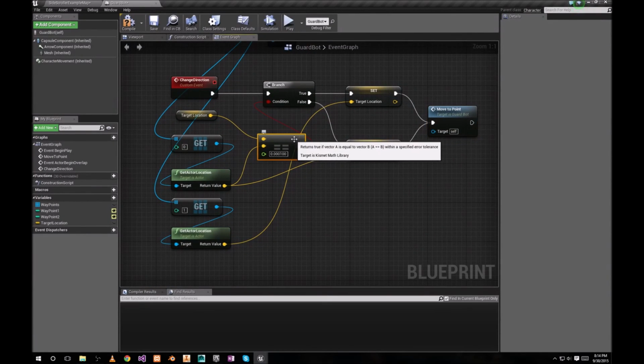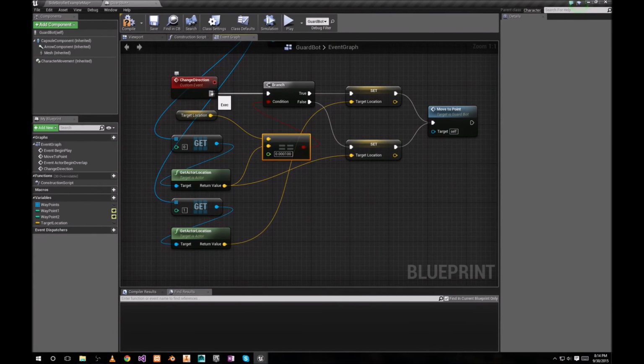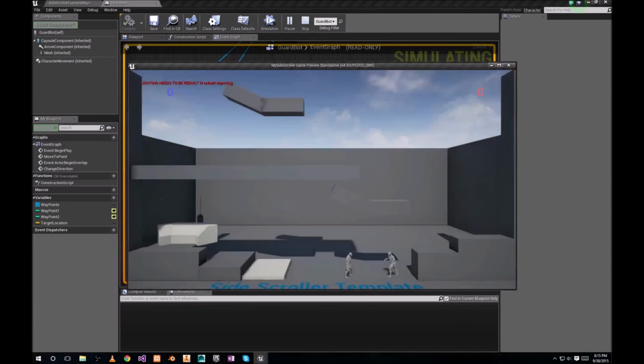so let's see what we're gonna have here. Change direction, and we are checking if our target location is equal to our first one. If it is, we're gonna put target location in our second one, and if it's not, we're gonna get our second location. And okay, so that should work fine. Let's see what happens when we click play. Okay, so here's patrolling here until the end of the game,